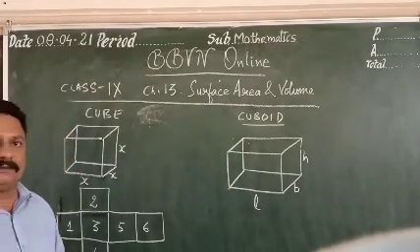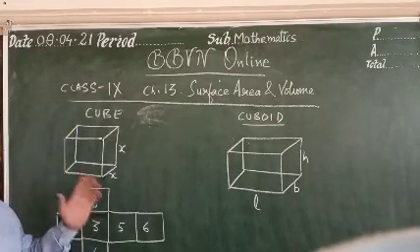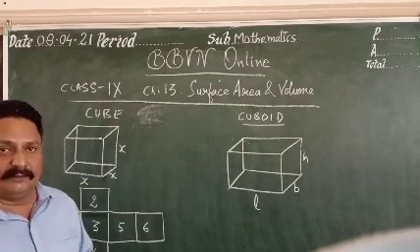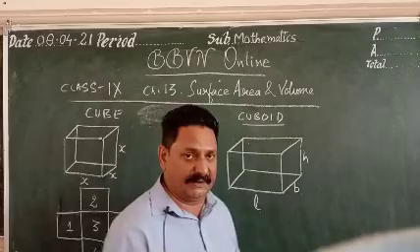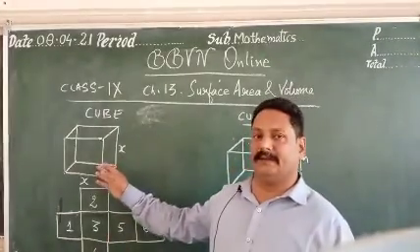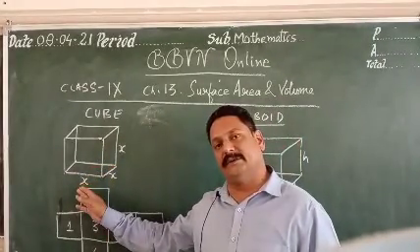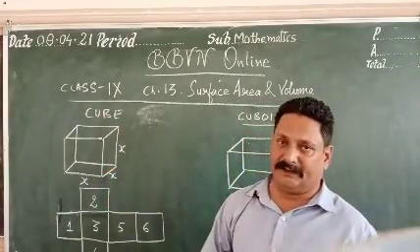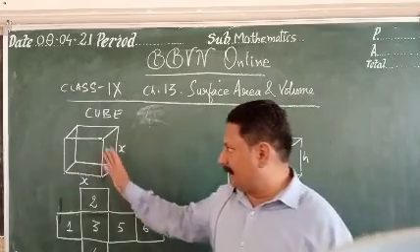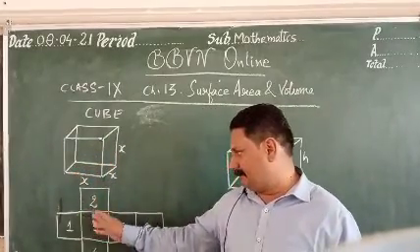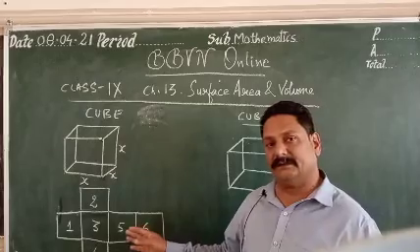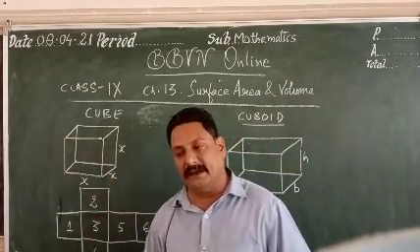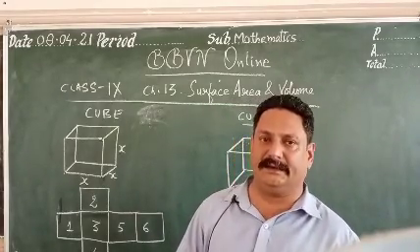You must have definitely studied in the previous classes the cube. It is a solid with 6 faces. Each face is in the shape of a square. Its length will be x units, width is also x units, and its height is also x units. It is a solid. So if I open this solid, I have 6 faces. Understood? So when we talk about surface area of this cube, we have 2 distinct surface areas, as we say.